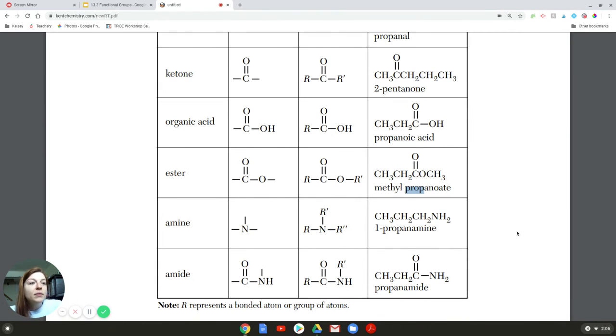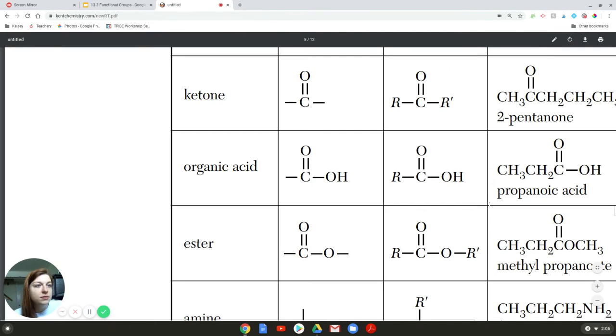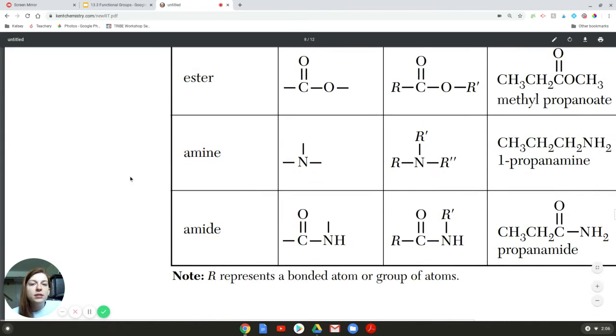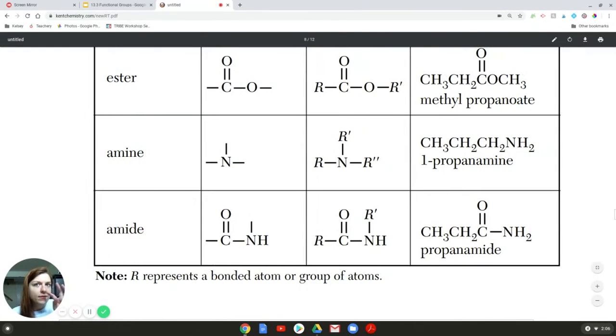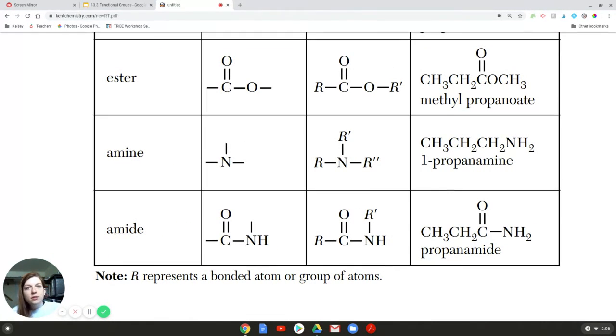Okay. Last, we have amines and amides. Some people pronounce these amides, just in case you come across that at some point. Can I scroll to the side? There we have it. Okay, so amines are going to be